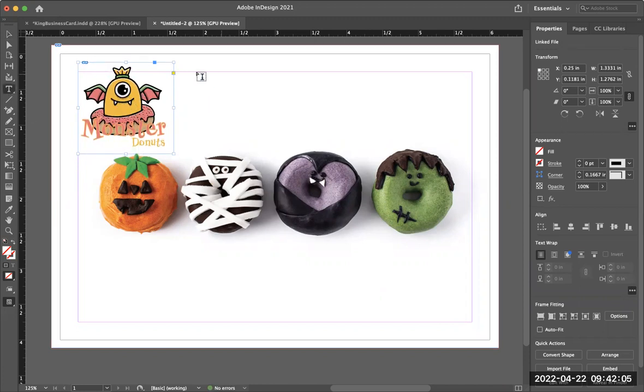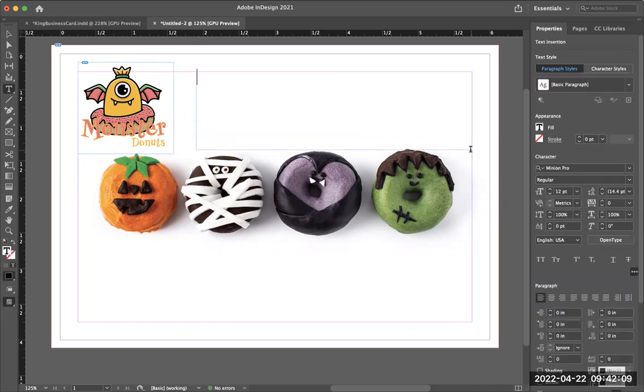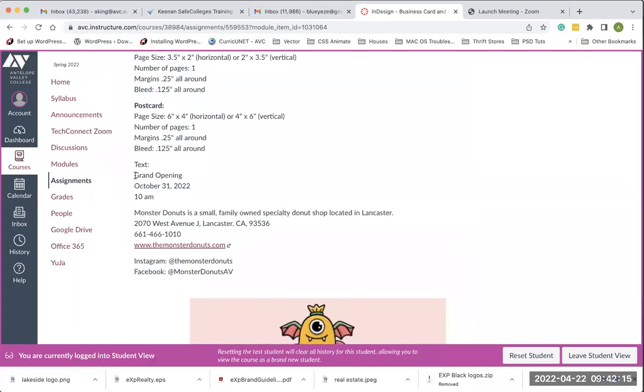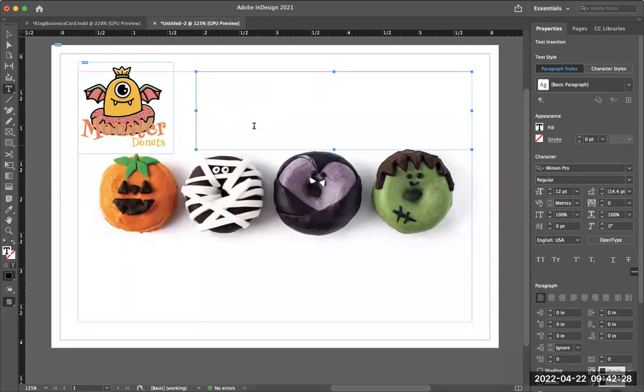Then I'm going to make a text frame to do my grand opening and then the date and time. So over in Canvas, I'm just going to click, highlight that text, where it says grand opening, October 31st, and then 10 a.m. So I'm going to copy that. Come back over here to InDesign and then paste, Command or Control V. And